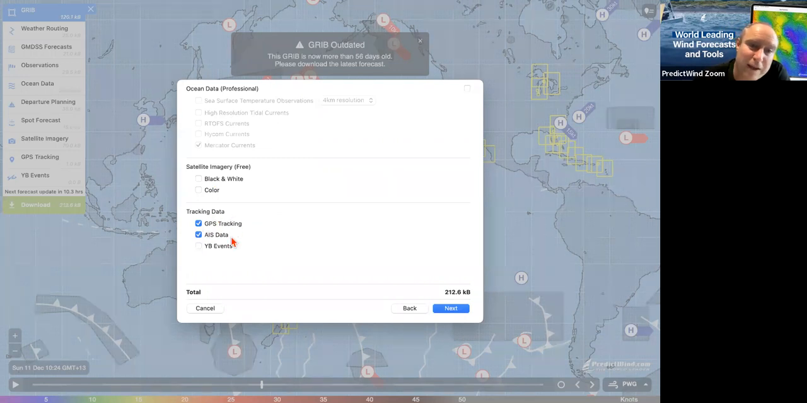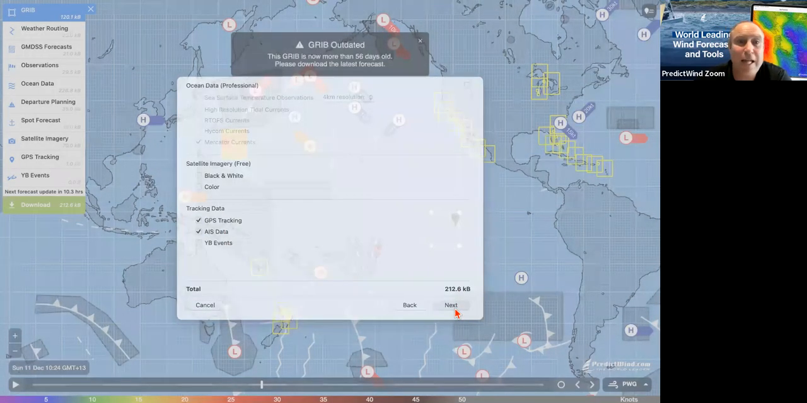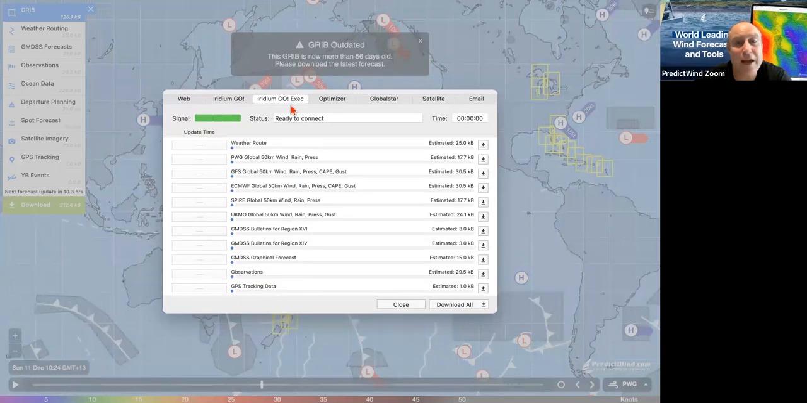Because you're all in the rally, you can download your GPS tracking and you will see where everyone else is in the rally. And we're also going to get the AIS data. So you see I've got 212 kilobytes. That's an easy download on my Go. I come over here and